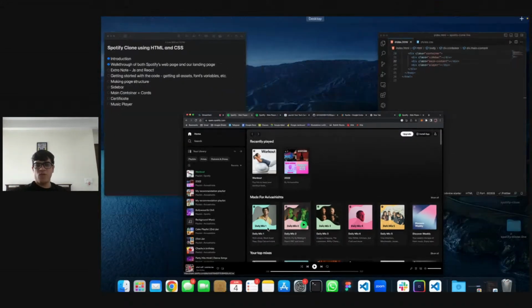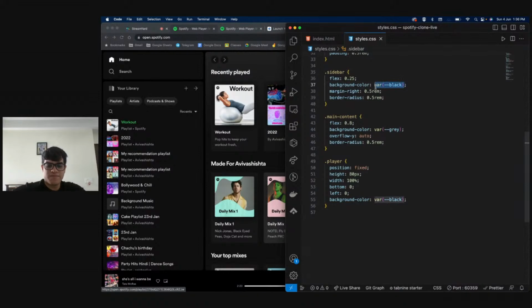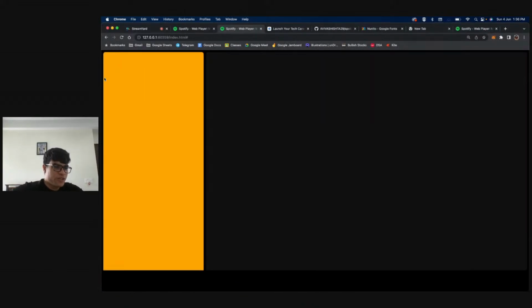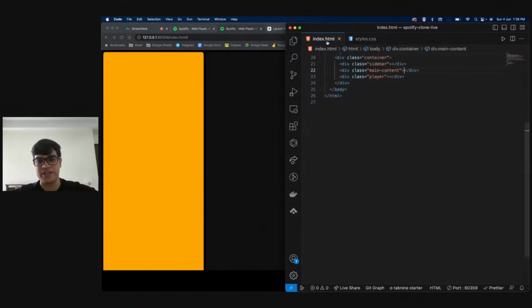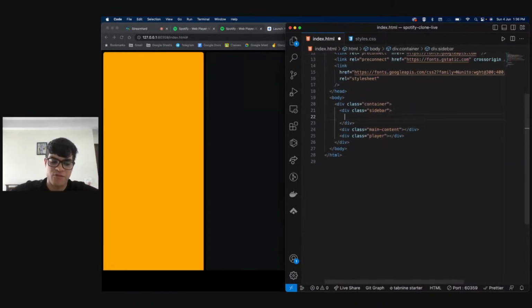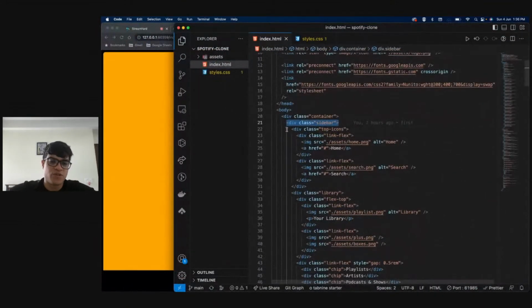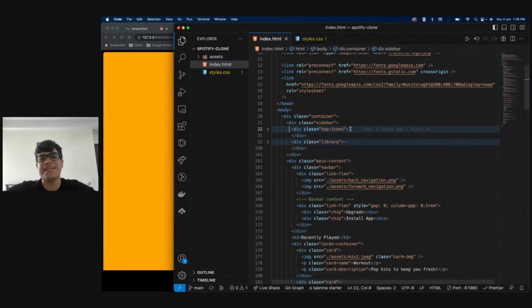So basically, what I want to say is that our sidebar, let's make our sidebar orange again, right? I'm fine with our sidebar being orange. The two divs inside this need to be gray, right? So let me show you how we're going to quickly do that. The sidebar will have what we'll call the top container, right? Let me just quickly see. So okay, top icons. So we have a top icons, and we have a library. So basically, yes,